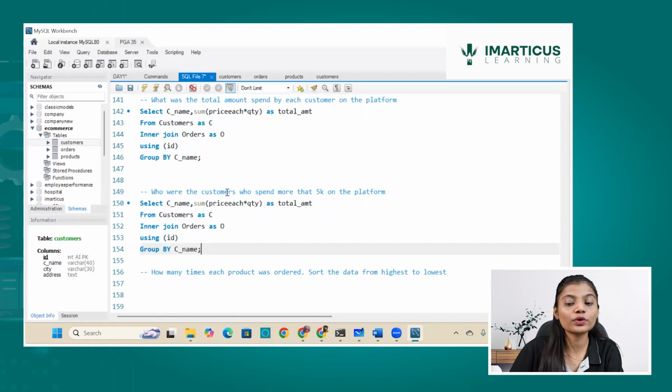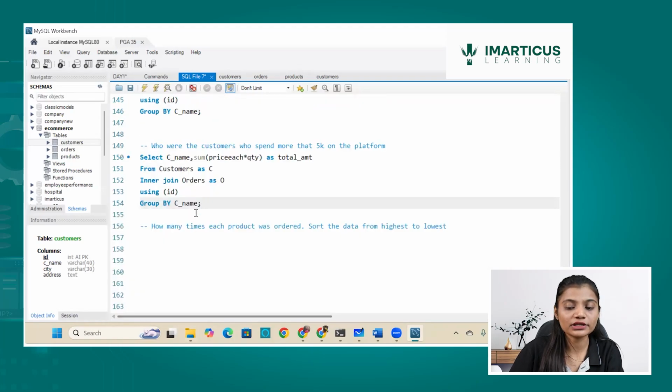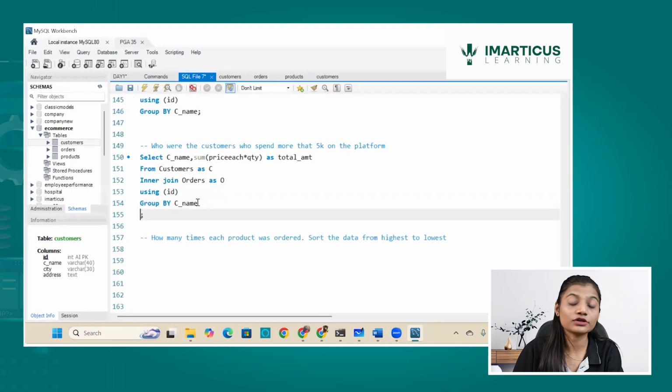What is the modification? Who are the customers who spent more than 5k? Now Sam has spent more than 5k, Pranav has spent more than 5k. I want those customers. So instead of where, you all know that where cannot be written after group by and where cannot filter aggregated data. So what I will write? Having. Having what? Total amount.